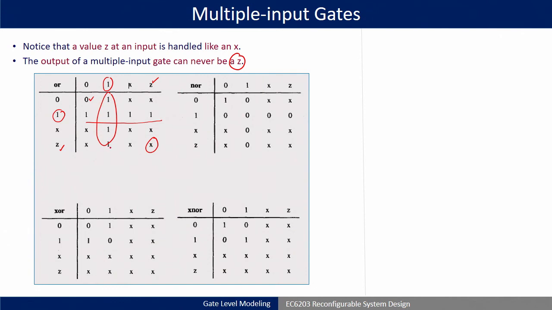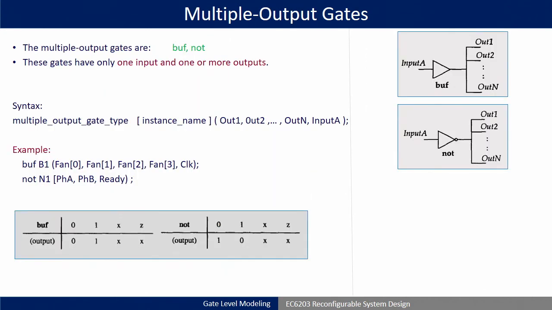So, OR is the same, NOR is just the opposite, if 1 it is 0. In the XNOR case, if both are the same then 0, here both are 0, in the rest of the cases it is 1, and the rest are all x. Okay. And in the XOR case, if both are not the same then only it is 0. So, 1 0 it is 0, 0 1 it is 0, these two are 1 and the rest are all x. Got? Okay. So, this is very simple to remember.